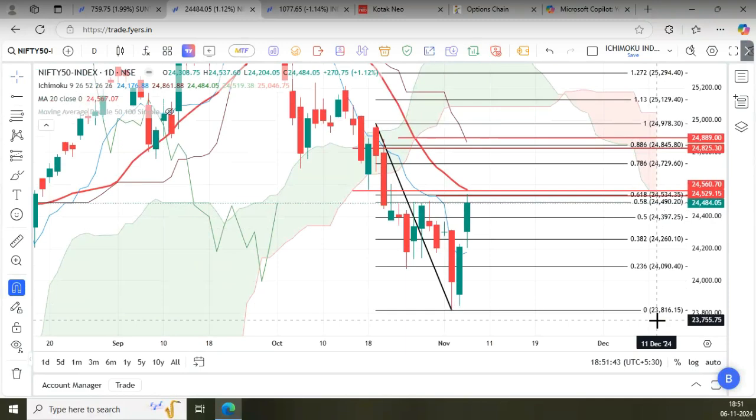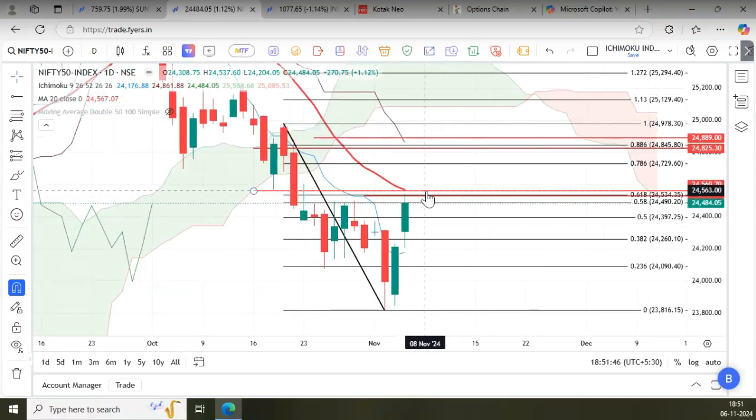Now that line where we place the Chikou span top on the hourly, that's 24,561. That is exactly where we have the 20 days moving average, around 24,567. So we need to clear this now. If we don't do that, then we have a problem. So what can happen is a fall can happen back maybe to